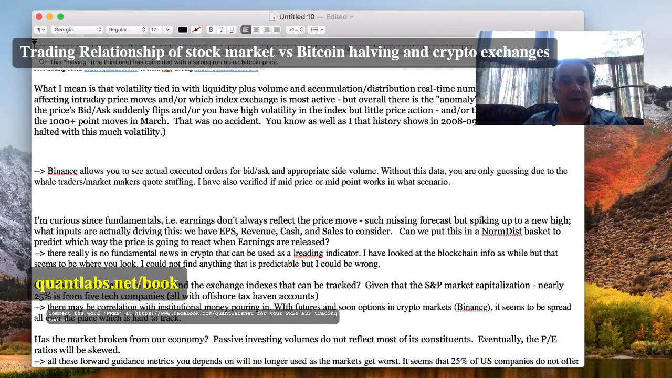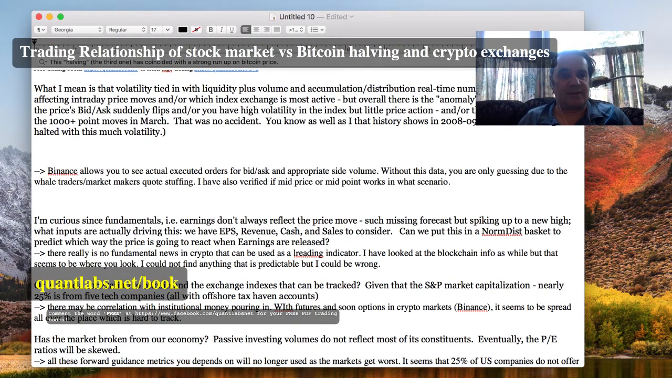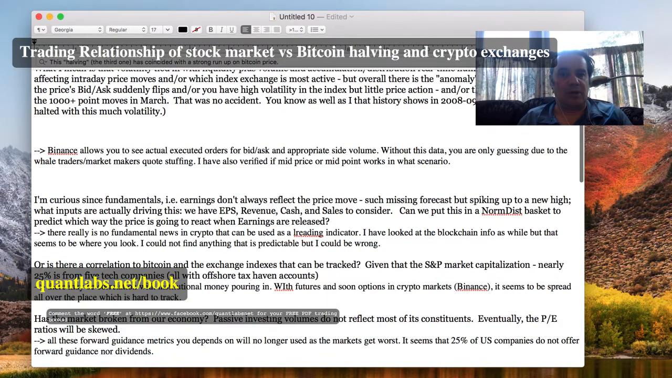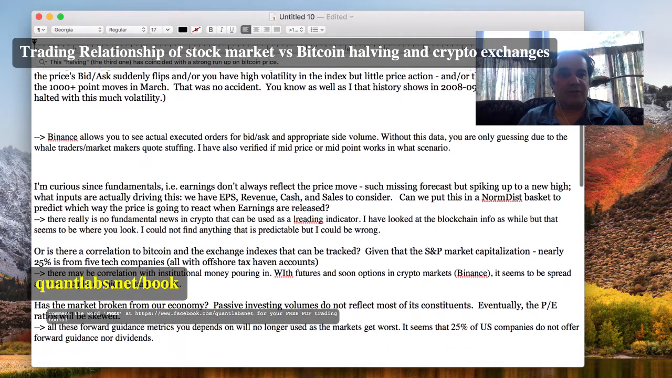What I mean is that volatility, tide, and liquidity plus volume and accumulation distribution in real time can detect what is affecting intraday price moves and which index exchange is most active. But overall, there's an anomaly factor, which is when the price bid-ask suddenly flips, or you have high volatility in the index but little price action, and or the spread widens, as with the 1,000+ point moves in March. That was no accident. You know as well as I do that history shows 2008-9 Wall Street trading halted with this much